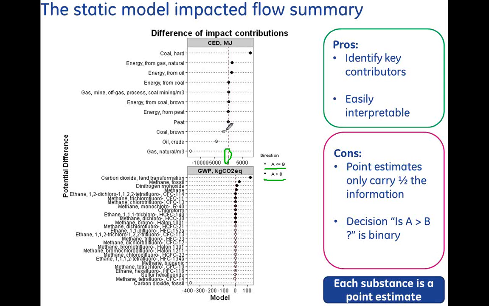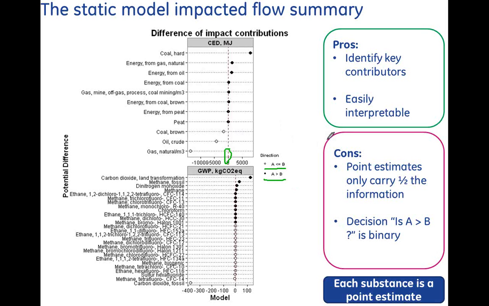You can walk through the same type of analysis for the global warming potential. Now this is much more information rich, but again, we're looking at point estimates. We're only looking at half the information. So, for example, what if I look at my crude oil? Now I know there's a deviation from zero. It looks like it's a little less than 5,000 megajoules. Well, I have no evidence to suggest that's meaningful. What's the error on that? Does it include zero? Is it really significantly different than zero? I really don't have any information telling me that that's the case.